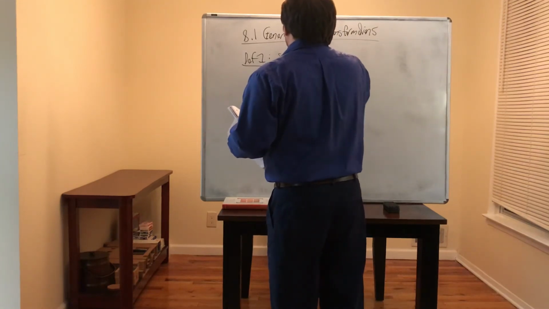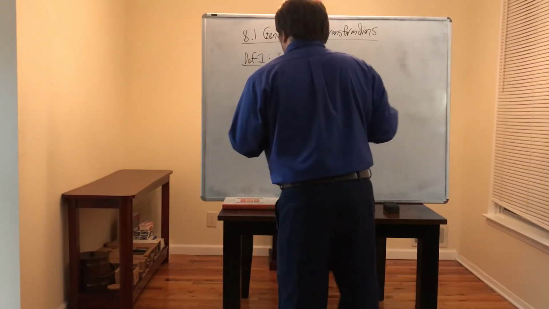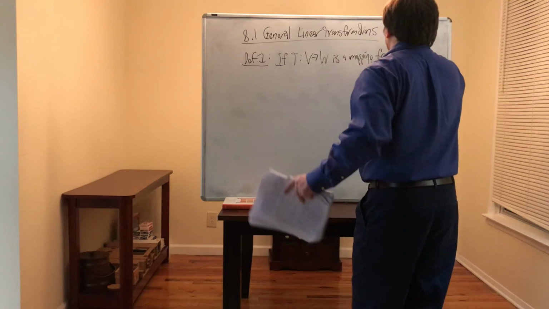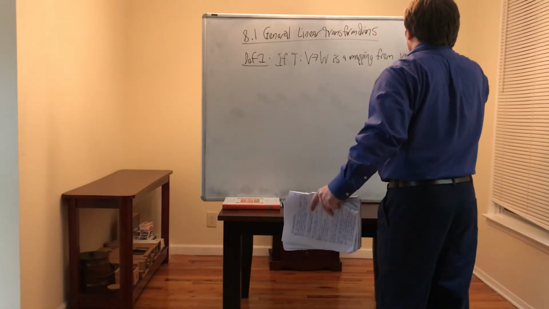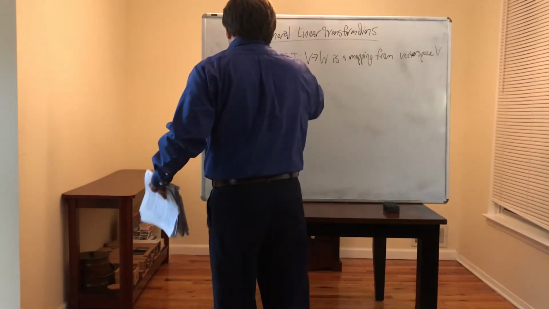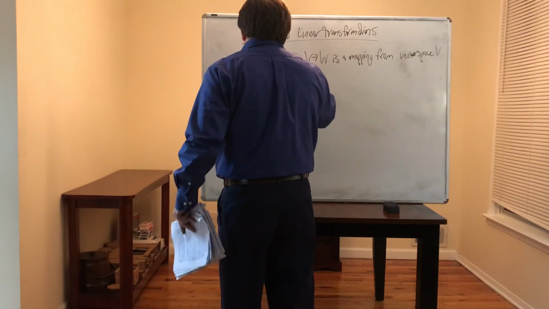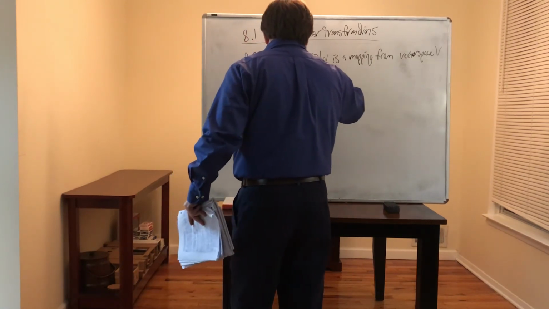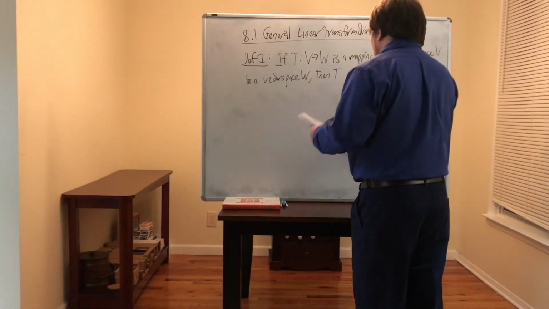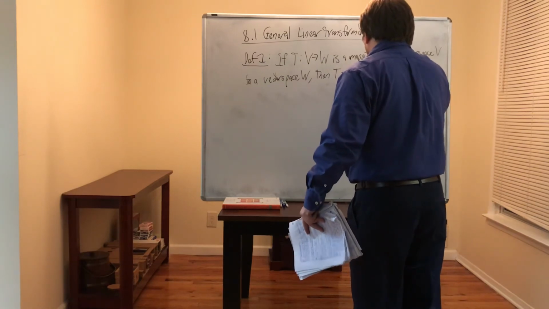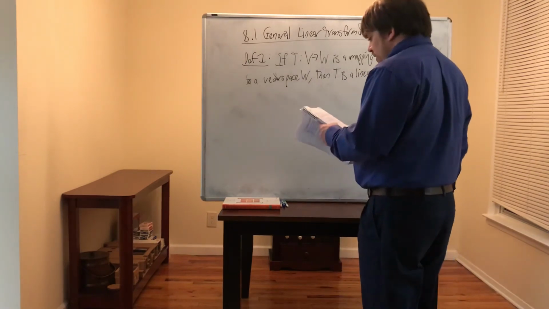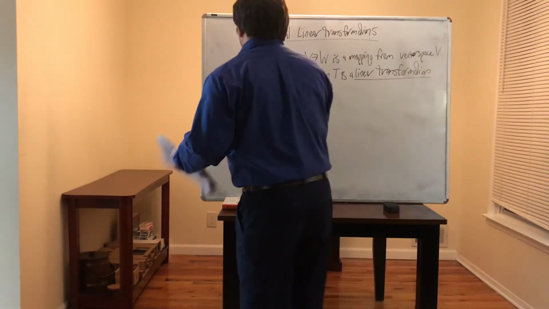If T from V to W is a mapping from a vector space V to a vector space W, then T is a linear transformation from V to W